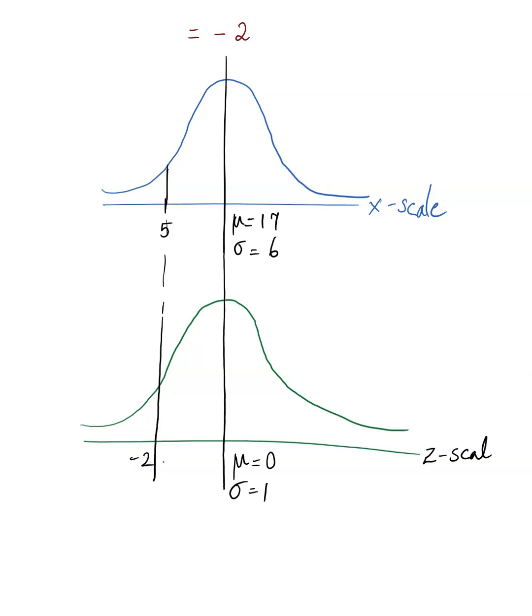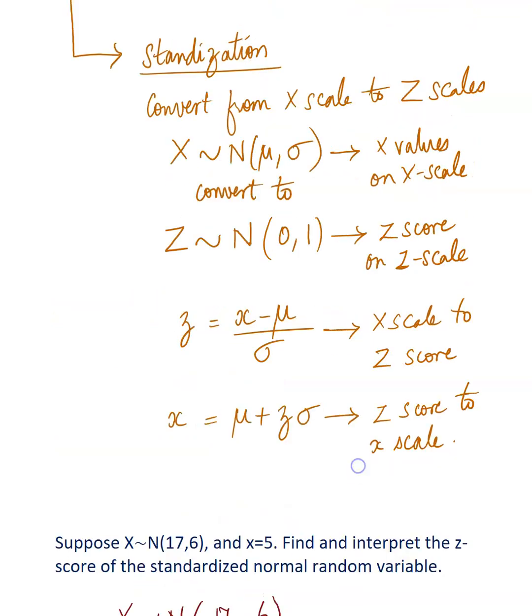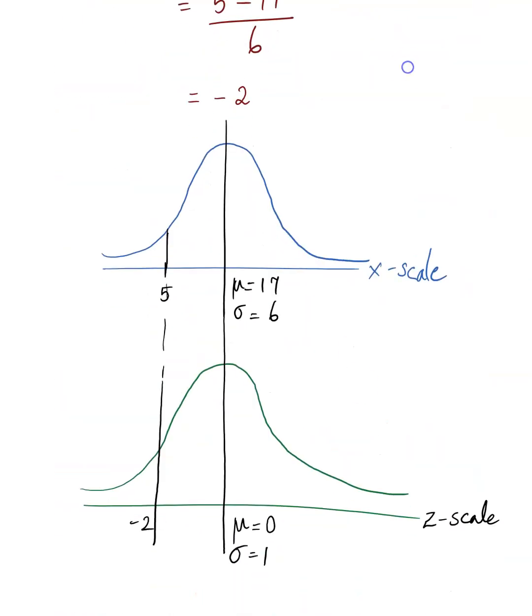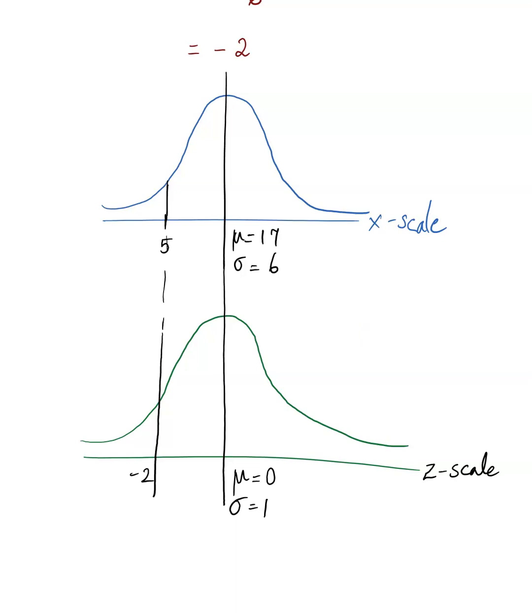So they're asking, what does it mean? What does this -2 mean? When I look at 5 and 17, I can't see what it means very clearly. But on the z scale, I can see that -2 and mu equals 0 tells me that from the mean, we are 2 standard deviations away on the left or below, right? If you think of below or to the left. And that is very important because we previously established that if your data values are 2 standard deviations away from the mean, then you have 95% of data falling in there. Now all those details will become meaningful in a z-score, in a z-table, as opposed to the x-scale,